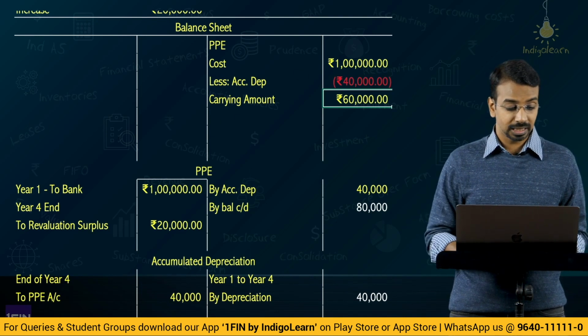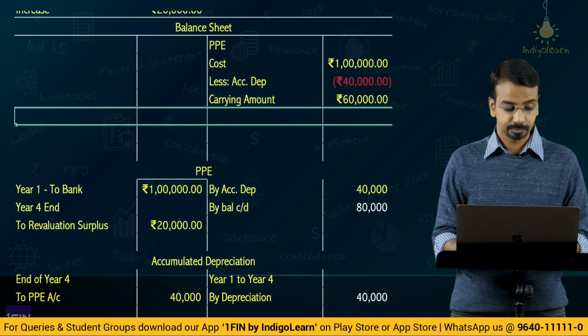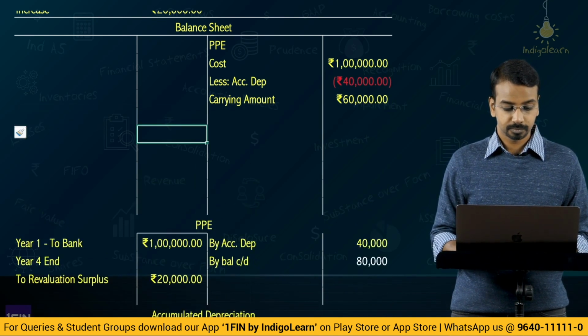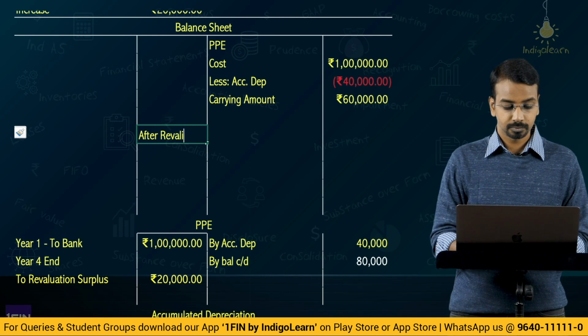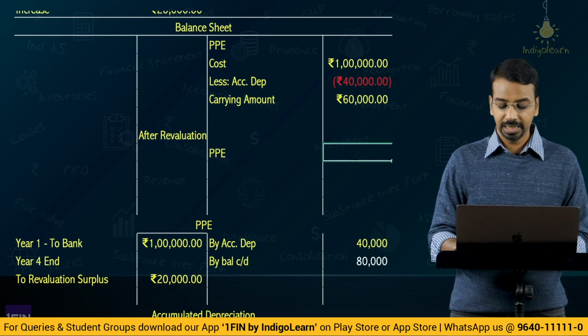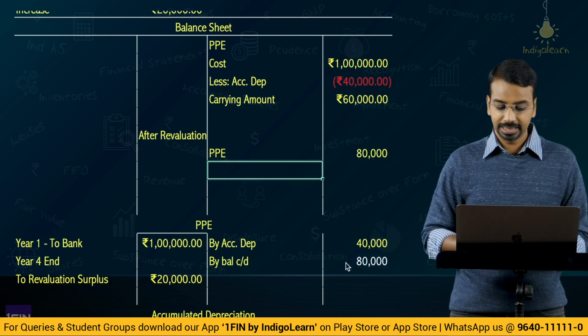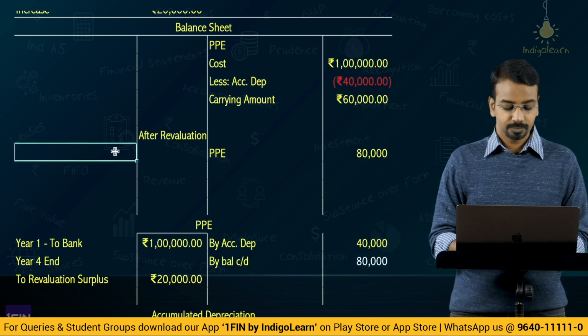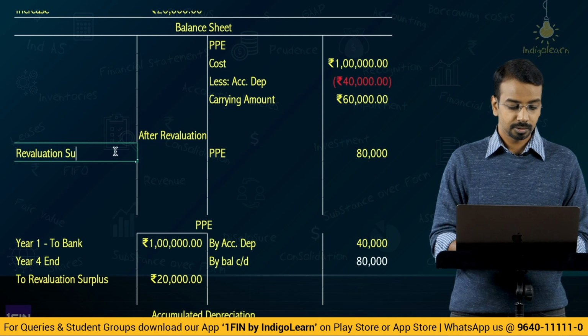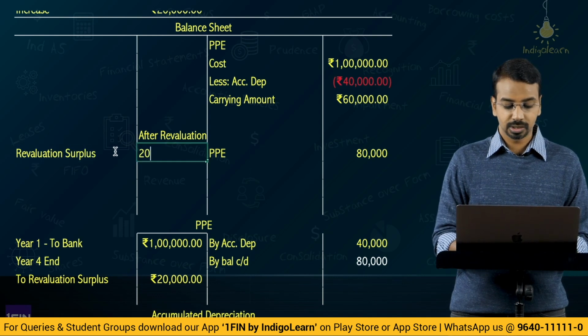So, now after revaluation, PPE, the carrying amount is now 80,000 and revaluation surplus is